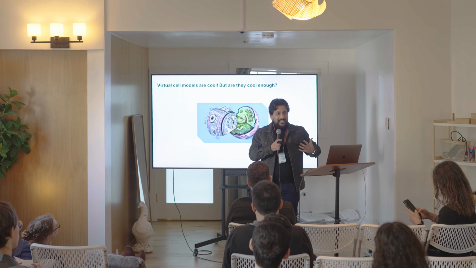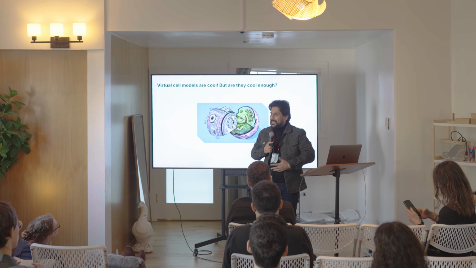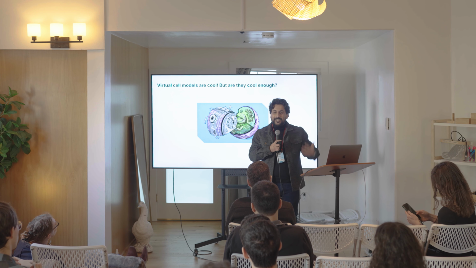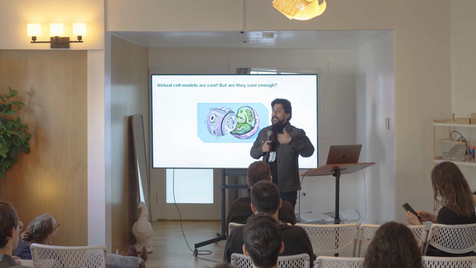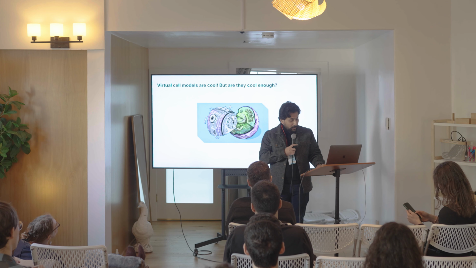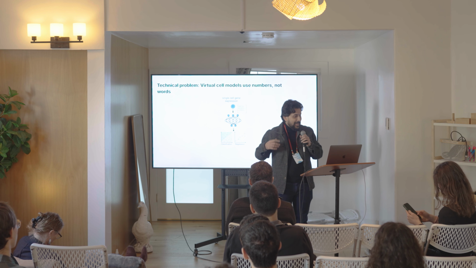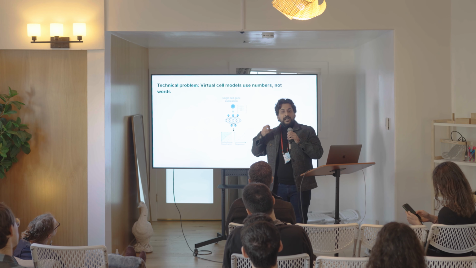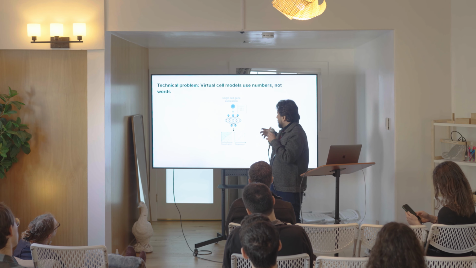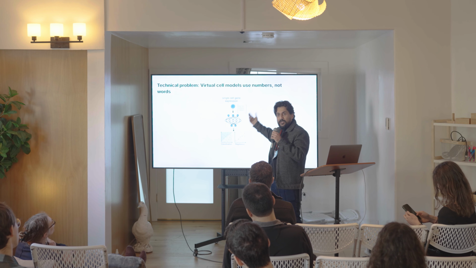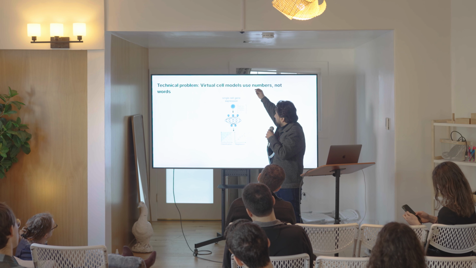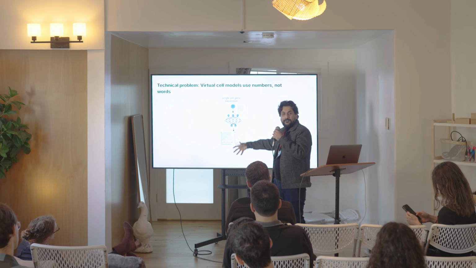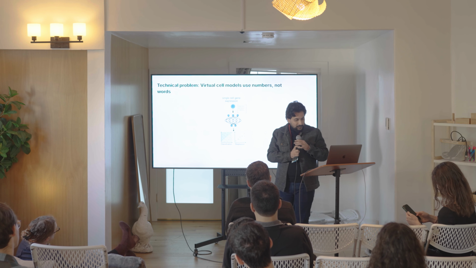But my thing is, are they cool enough? They aren't quite there yet where we can do this at mass scale. They aren't quite ready where they're giving us the right results. And so we're doing new iterations of these models to improve them. One of the problems is that the first generation of these virtual cell models were using numbers, or not words. They would typically, in the classical neural network format, take in these gene expression values, right, put in these numbers and do some classification or regression or the likes of that.